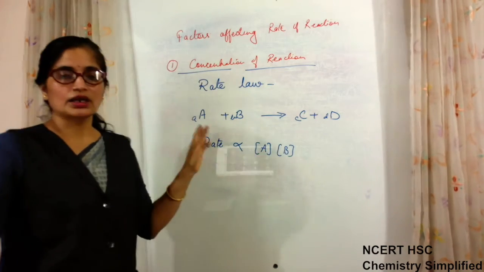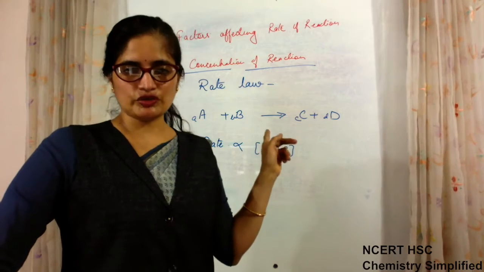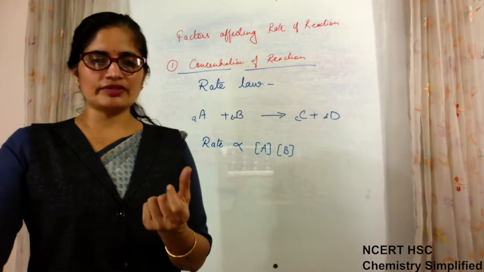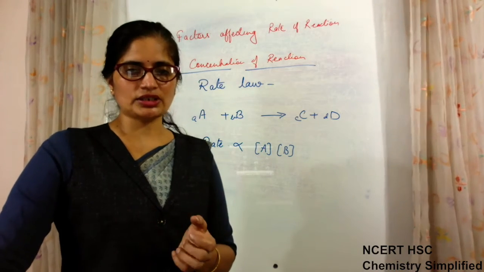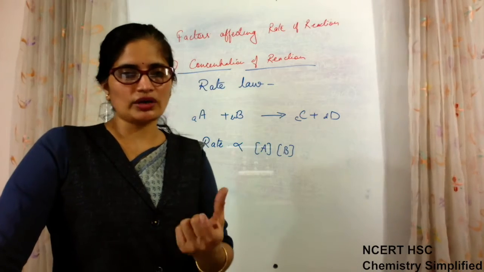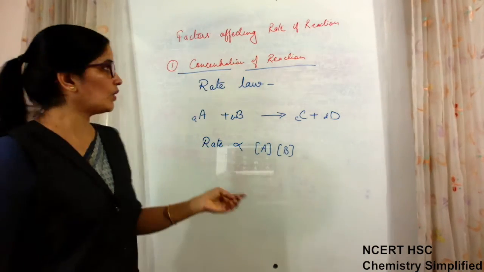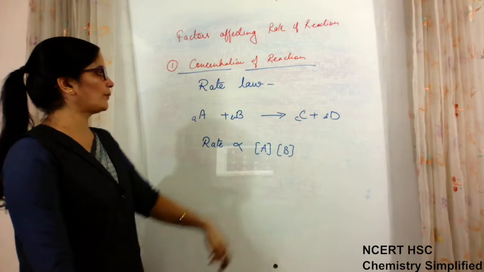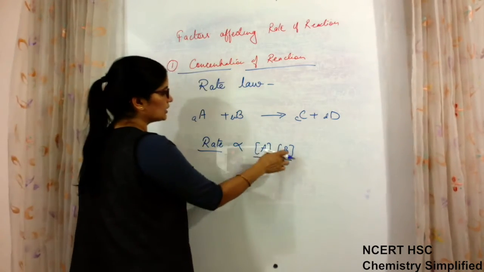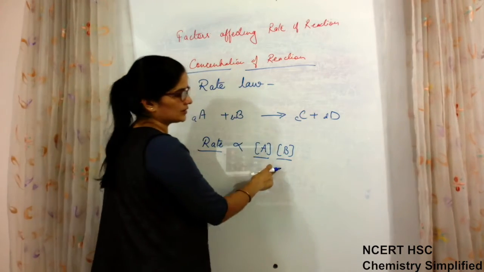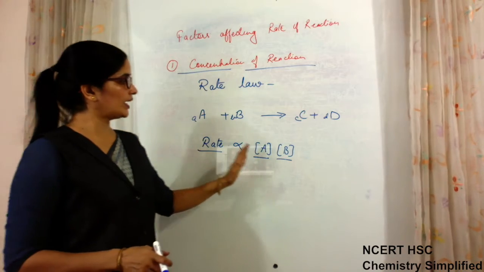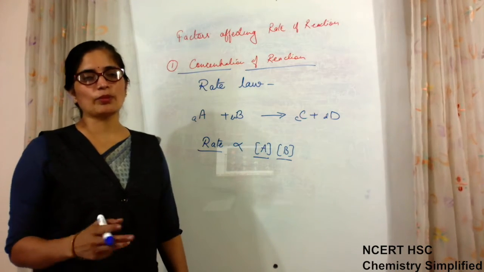See, in the previous method which we were using, if two reactants are present, then we were showing the rate of reaction either in terms of one or in terms of the second. We were not taking both of them together. Now when we are talking about rate law, then we are expressing the rate in terms of concentration of both the reactants A and B together. So this is the difference between the previous method and this method, the rate law method.